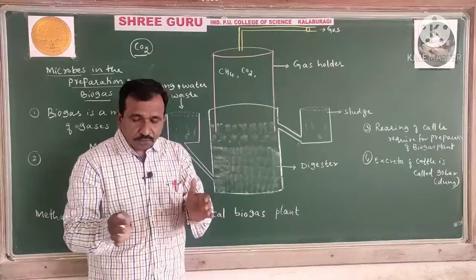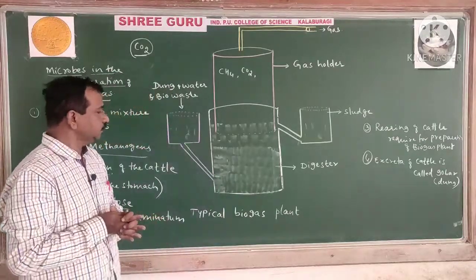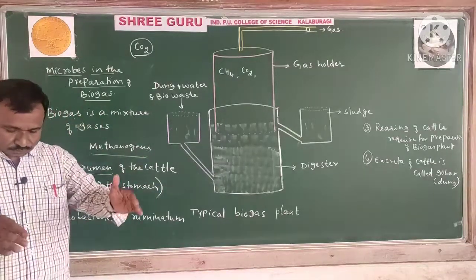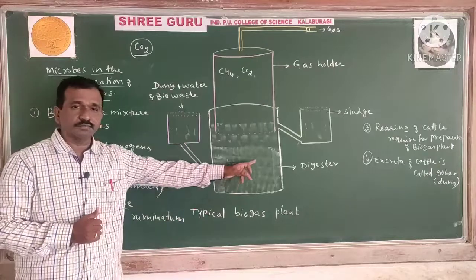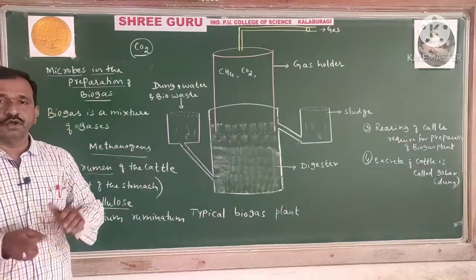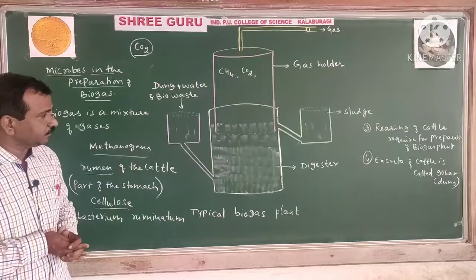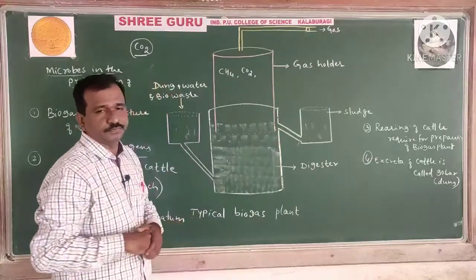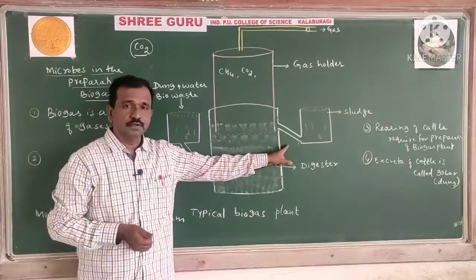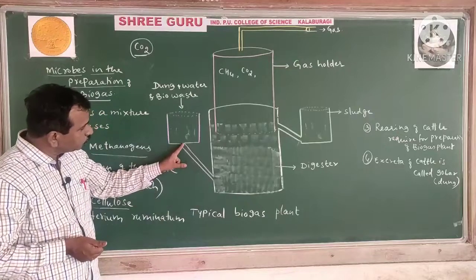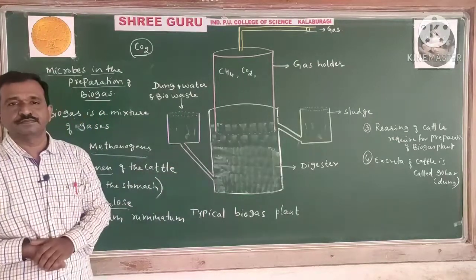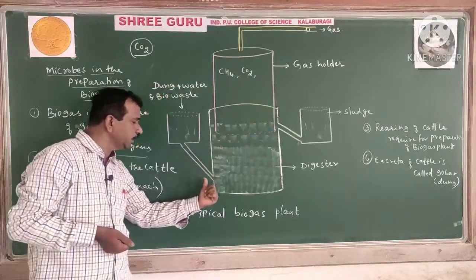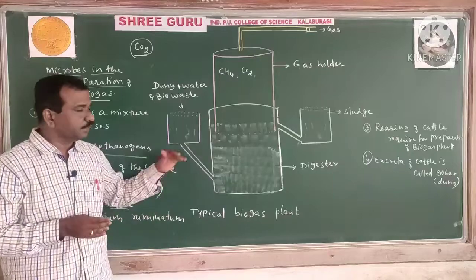Next, after the completion of the 10 to 15 feet digging, we have to construct with the concrete material. A concrete tank has to be constructed. Later on, two outlets have to be observed. One we have to insert on the lower surface, and this is found at the outer surface. One is at the top and the other is at the bottom. Why they are present, we discuss later on.